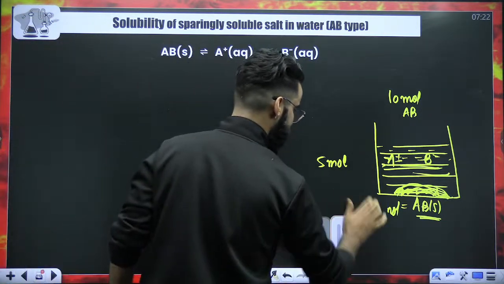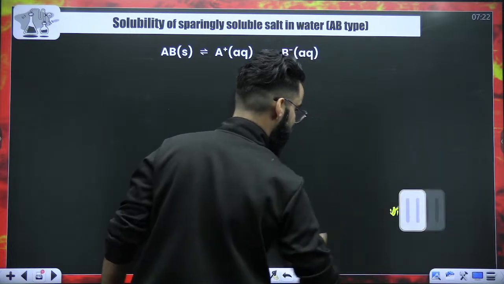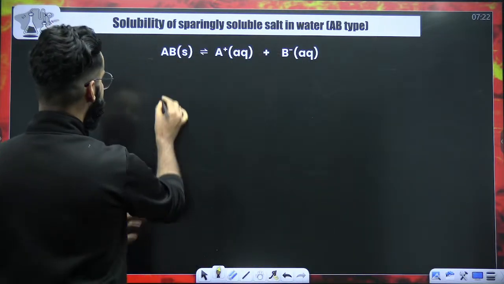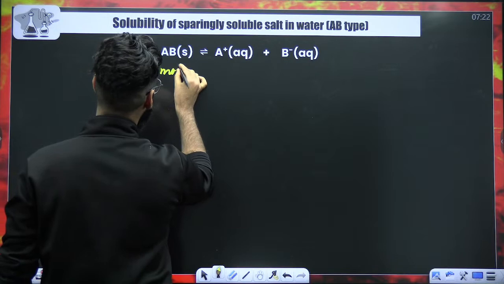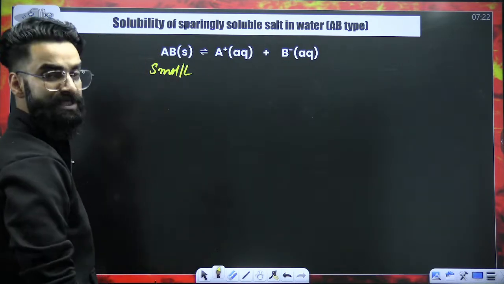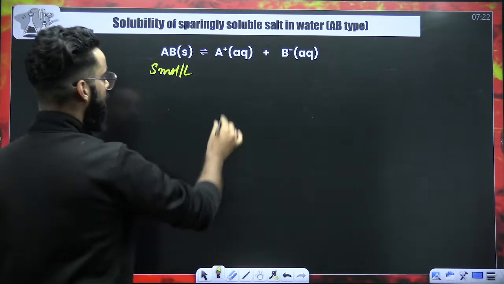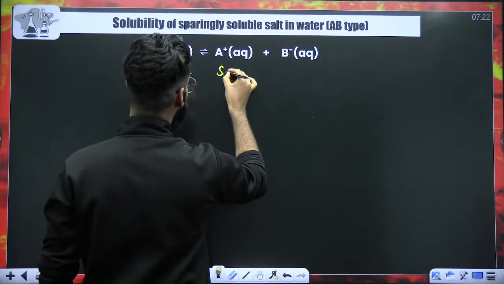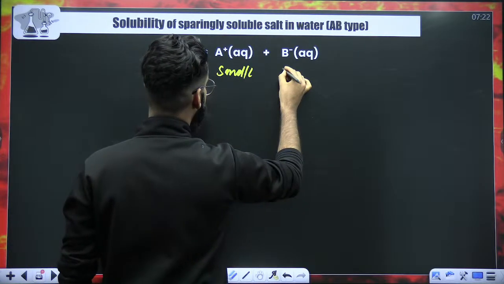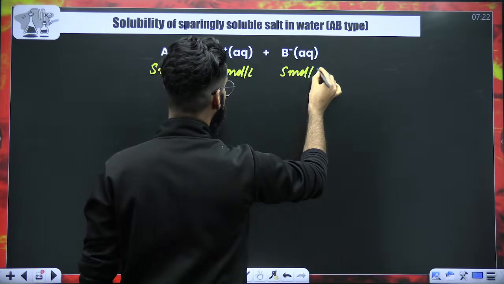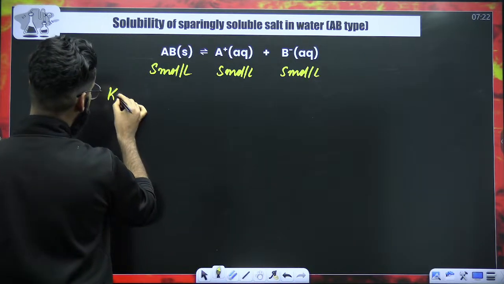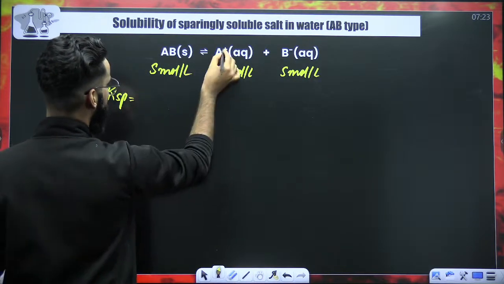Now, leaving this part aside, try to understand what I'm going to say. Tell me one thing. Let's assume the solubility of this salt is S moles per liter. What will be the concentration of A positive? S moles per liter. B negative? S moles per liter. Now, if I ask you to write the KSP expression, it is simply going to be the concentration of